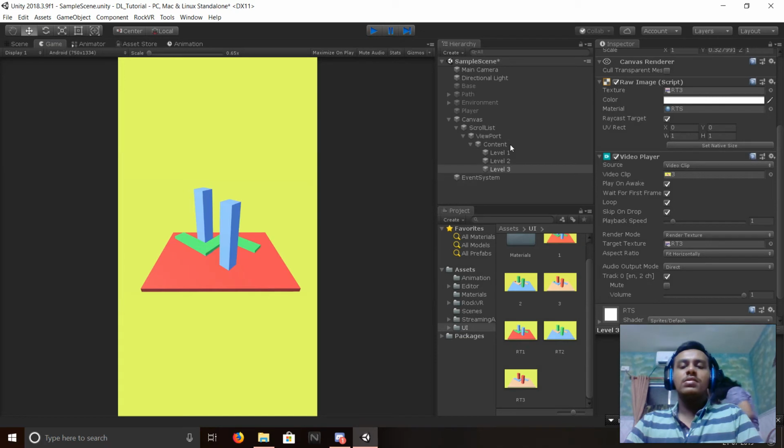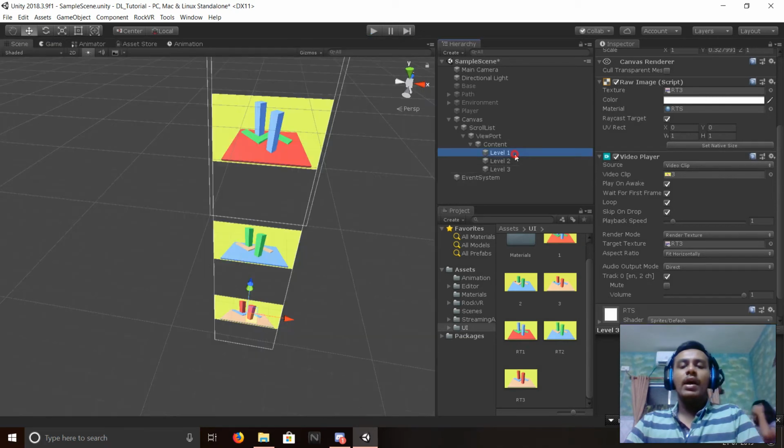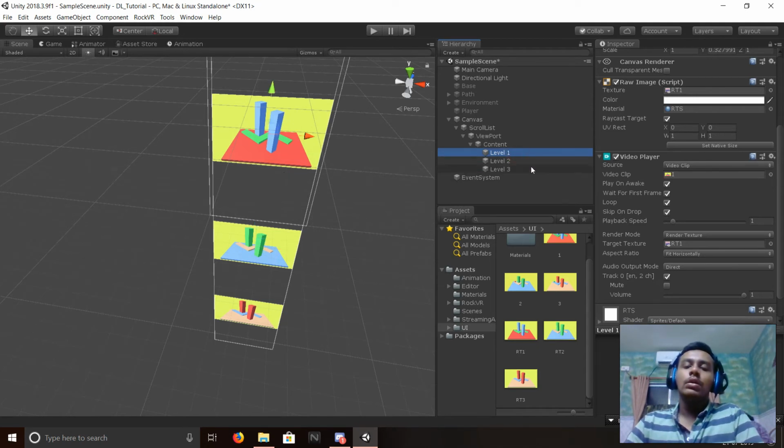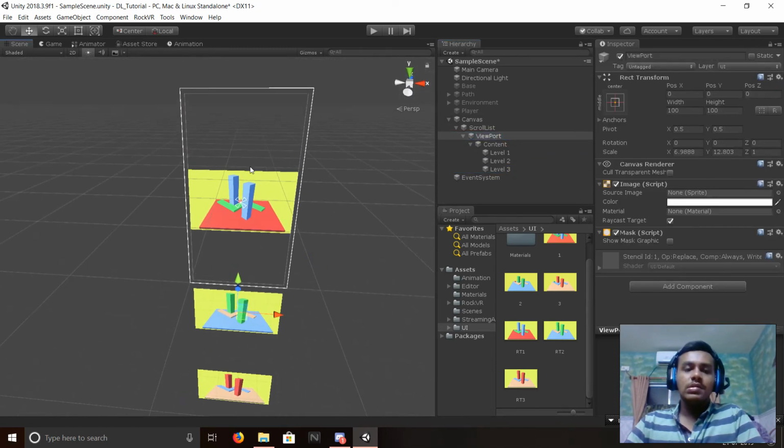Now it's your duty to add buttons, add some script so that you can change the screens, and add some text like you have done in some diagrams here. I have discussed in an earlier video how to show that and how many levels you have created. So it's done, and if you want a scroll bar, wait a sec. That's our view for that. So let me make it thin,